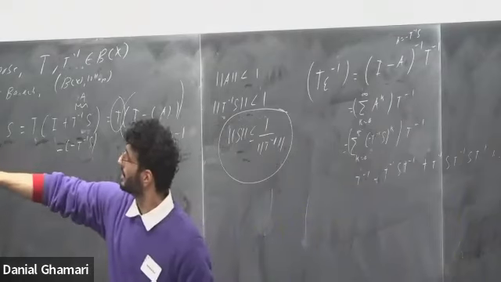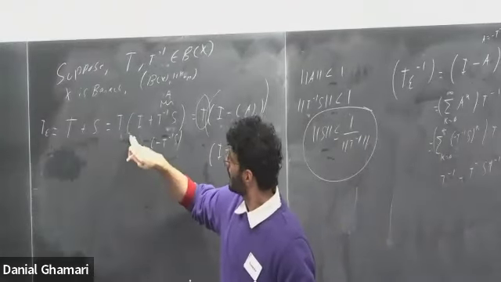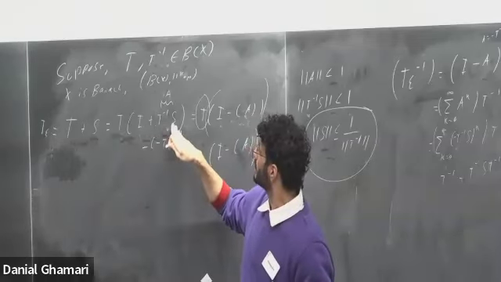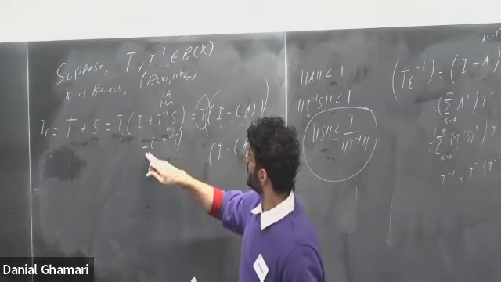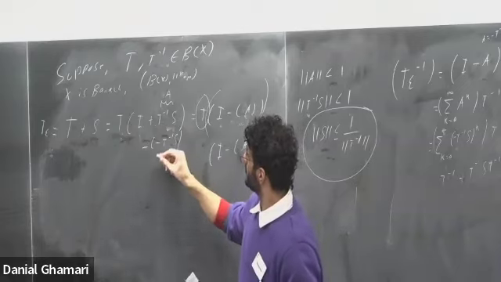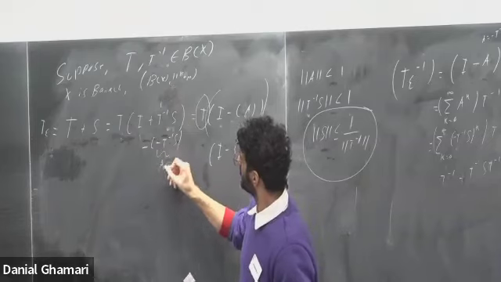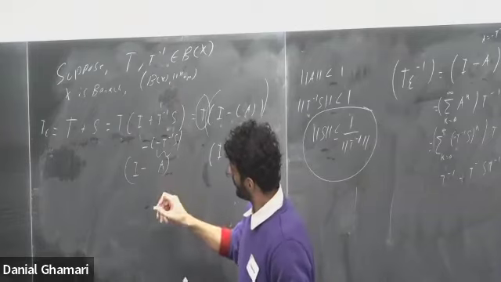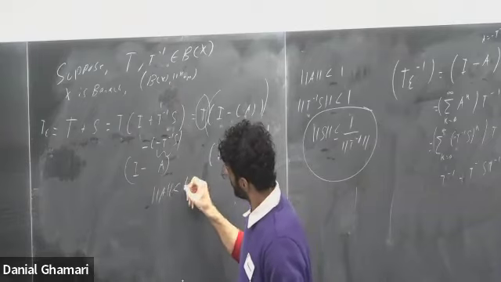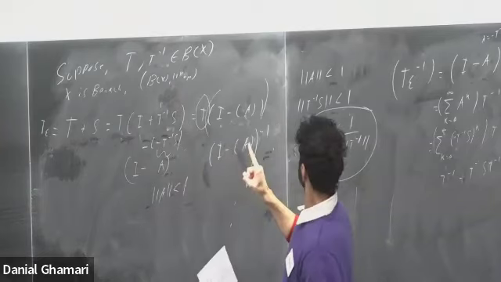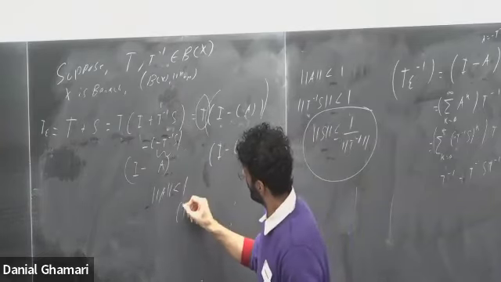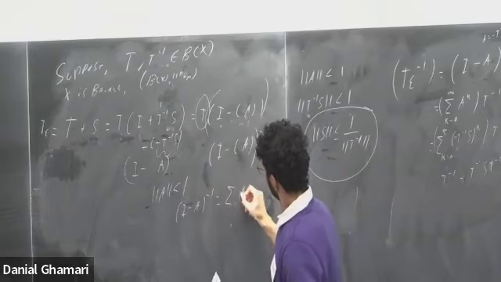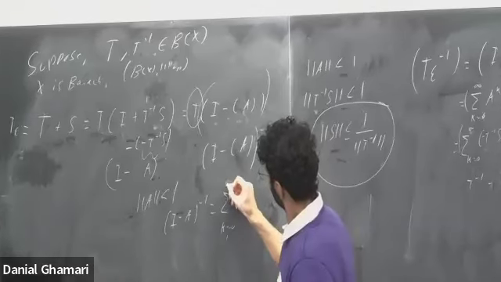So essentially, what we've done is T sub epsilon is T plus S. And because T is invertible, we can pull T out from the left side: identity plus T inverse S. So what we do is define this to be negative of negative T inverse S and define this to be A. So now I have identity minus A. And then under the condition that the norm of A is less than 1, the inverse of I minus A is just equal to this sum.